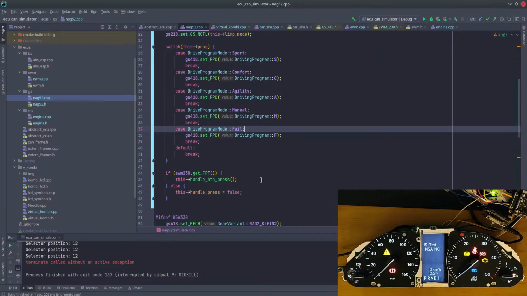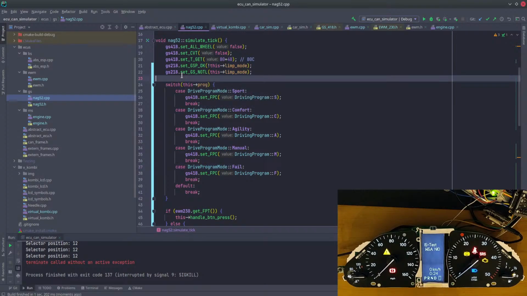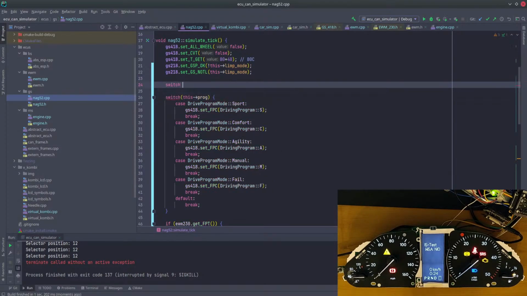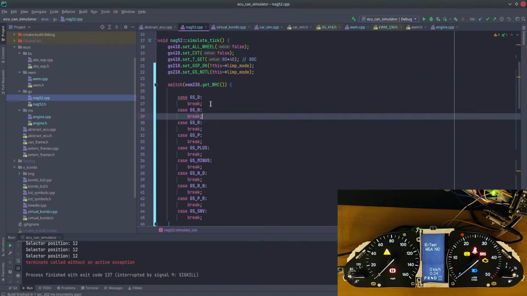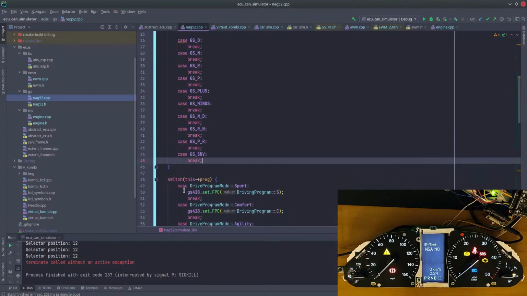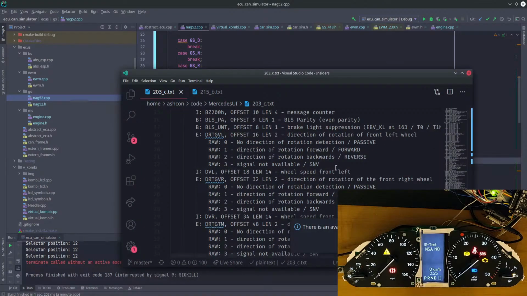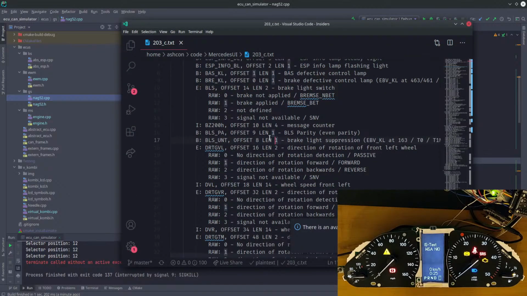So if I then go to NAG here, I should clarify, this is now the transmission simulation I'm writing. And I go switch this, oh no, EWM230 get WHC. And yes, okay, create missing switch statements, please. And then I believe on which frame is it? One sec, I've got my Visual Studio open somewhere. 203c.txt. This is what I'm interested in. I should be able to find here